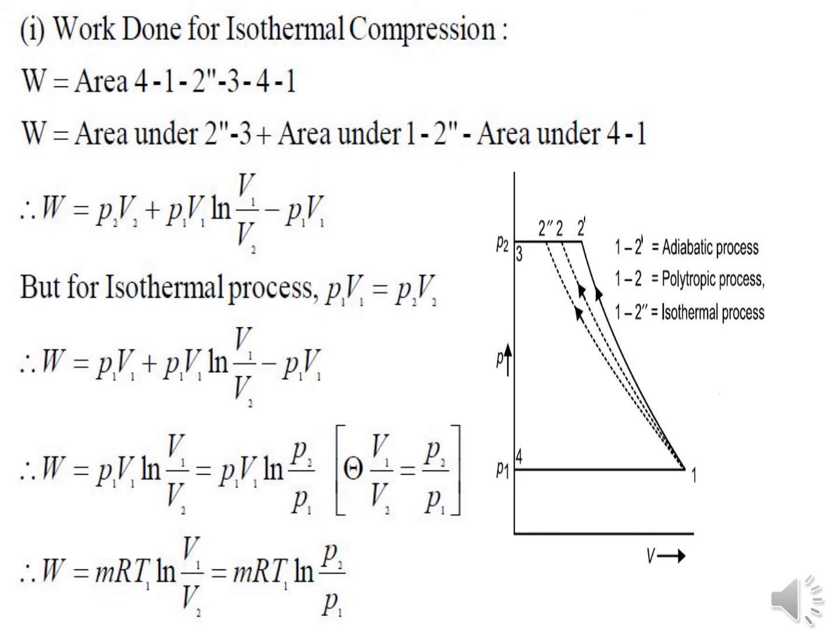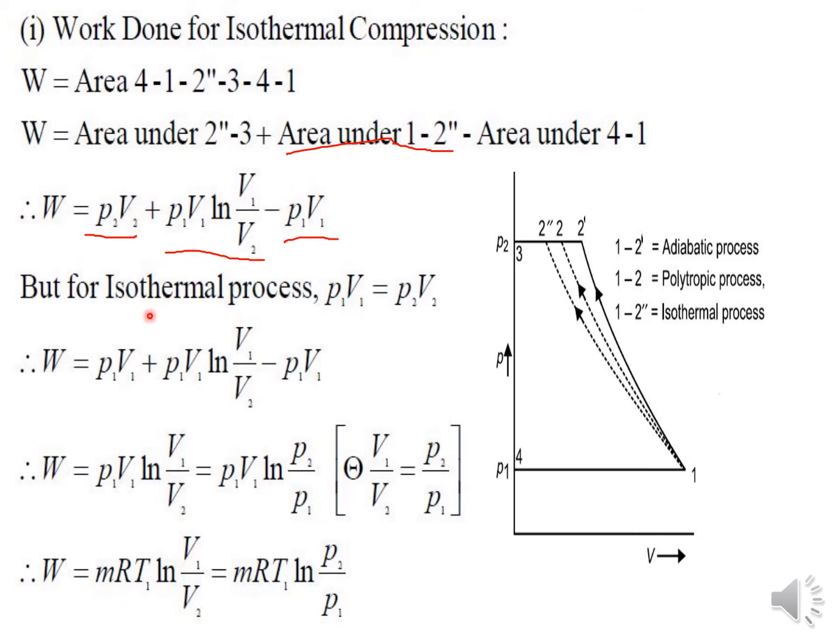Just this one I am saying is important. The area under this will change for every process, while this and this one will remain constant in all the processes. Now we'll go further. We need to see this. We have written the equation for the area under this: constant pressure P2V2, P1V1 ln(V1/V2), and P1. The minus one is work done on the system, that is negative work. These two are positive work.